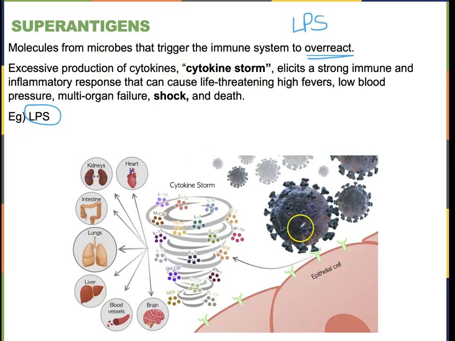So remember that picture I showed you where you're going to have this cell, when you have this pathogen, if it's a superantigen, it causes your immune system to go nuts, and it causes a bunch of these cytokines to be secreted and released, and then it hits all these different organs, causing a massive drop in blood pressure. It's just a really messy condition. But that excessive production of cytokines is technically, you'll see this a lot actually, a cytokine storm. It elicits a very extremely strong and